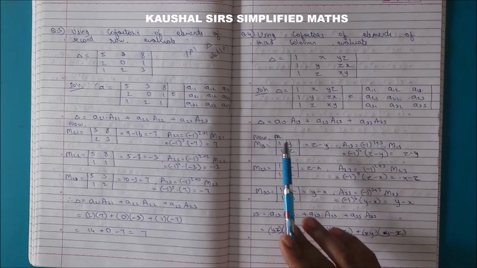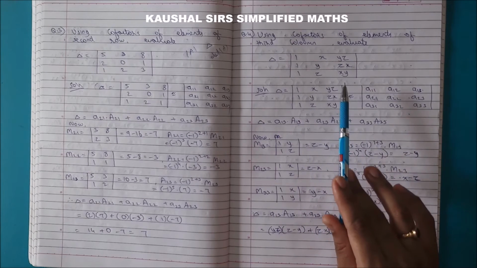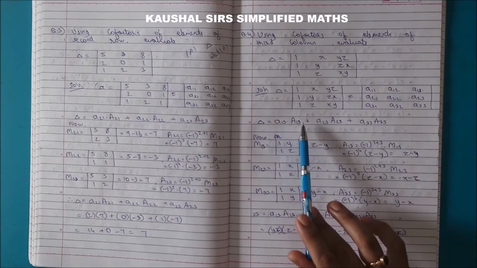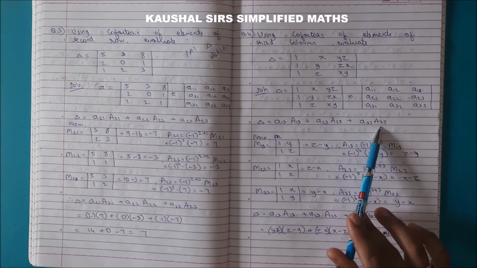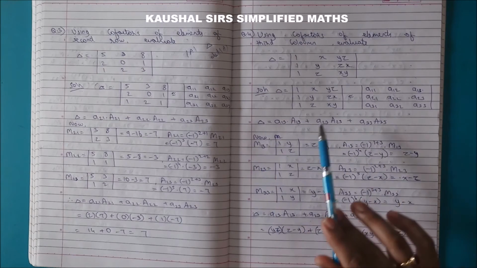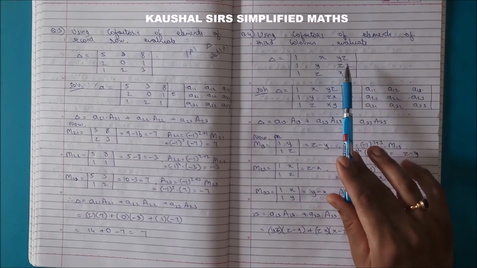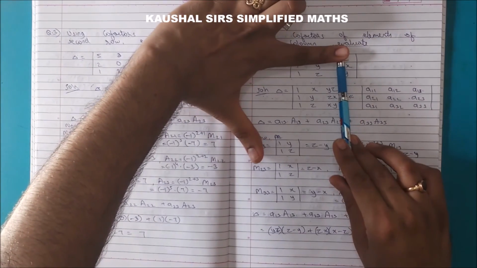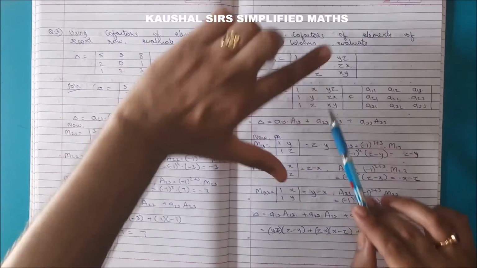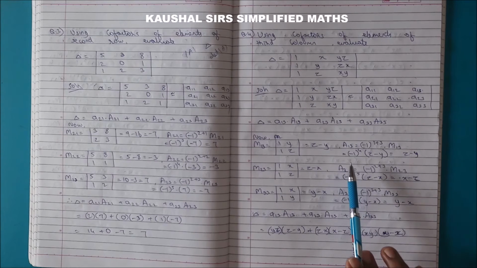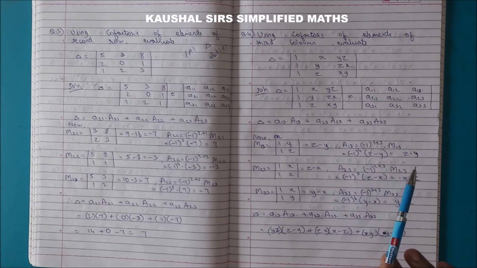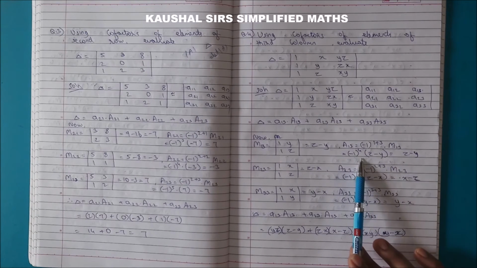Okay, now we have the values of all these elements. We now have to find its cofactors. So beginning with M13. M13 means minor of a13. So cover the first row and the third column. So we are left with these four elements, so you get z minus y. Then go for its cofactor, minus 1 raised to 1 plus 3 into M13, which is z minus y. So it remains z minus y.